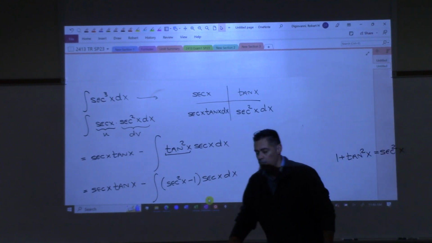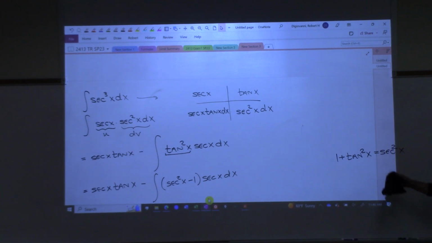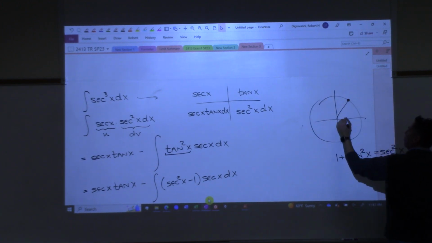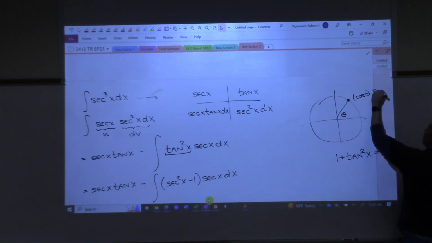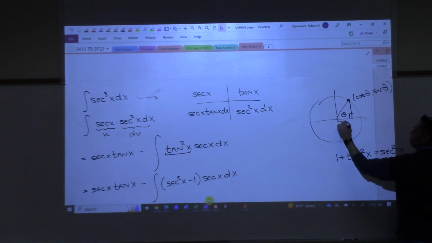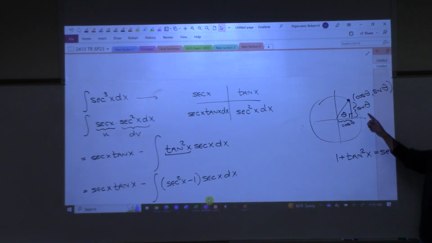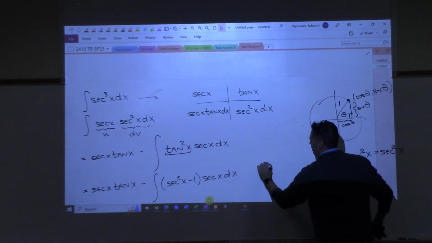Can you do me a favor and visualize the Pythagorean identity so I can remember it? Yeah, like how it's drawn out. Unit circle, go with theta instead of x. The x coordinate is always cosine theta. The y coordinate is always sine theta. You okay with that? Right triangle, the x coordinate is cosine theta, the y coordinate is sine theta, and now a squared plus b squared is c squared. This is 1, right? So now you have this identity,